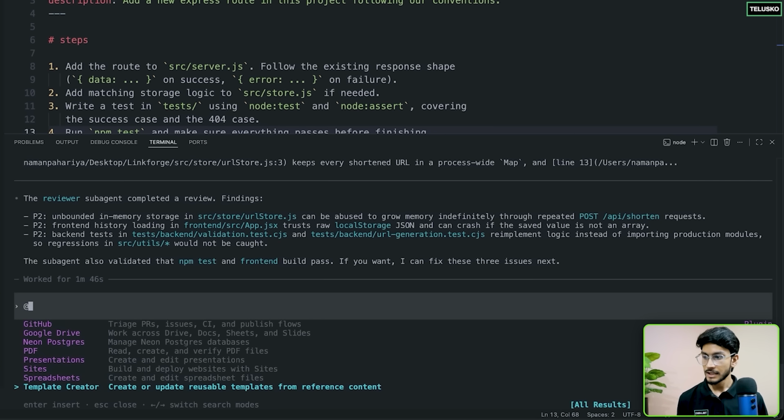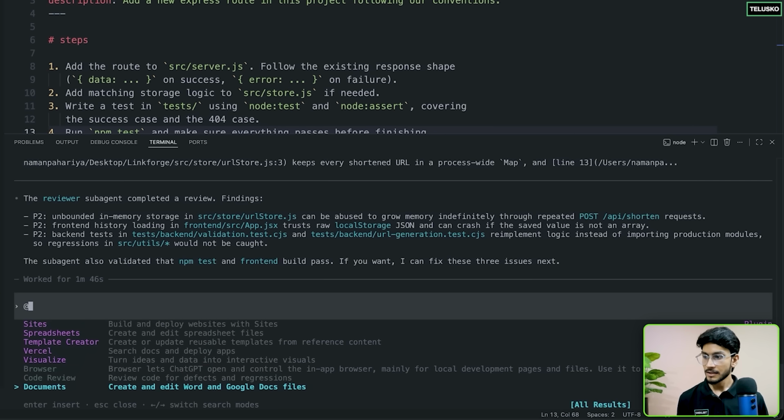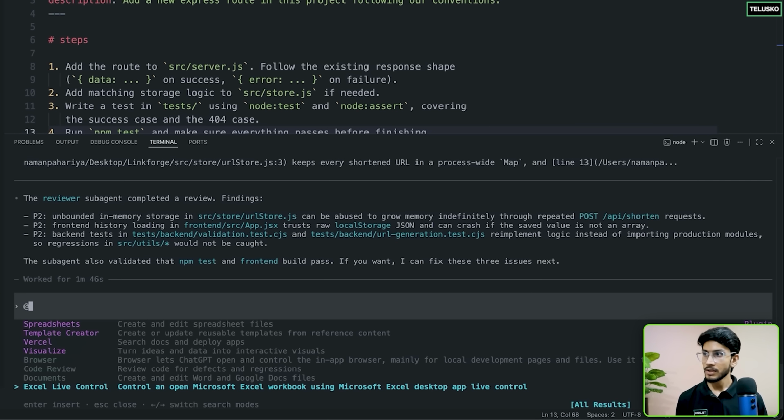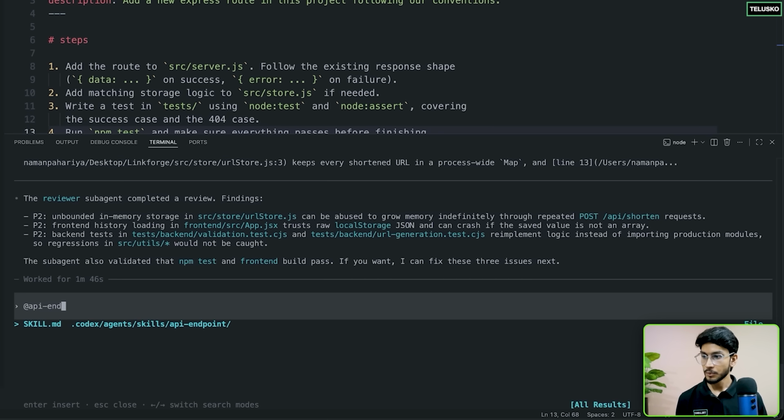and it says these are the skills available. These are my plugins as well as skills. Whether my custom skill is available or not, I may type it manually. I'll say API endpoint, and yes, this skill is available. We can see this. It says that inside the codex agent skills, the API endpoint skill is available. So we can use this skill. I'll just say use